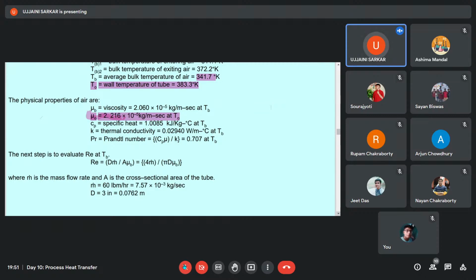Wall একটা solid material, সেখানে convection হবে না, but the fluid which is flowing is a convective medium, তার fluid property দিয়ে তুমি প্র্যান্ডল নাম্বার বার করবে। সো অ্যাভারেজ কত টেম্পারেচারে রয়েছে, ফ্লুইডের অ্যাভারেজ টেম্পারেচার ইজ 341.7 বাল্ক। সো সেই টেম্পারেচারে যা মিউ ভ্যালু, যা কে ভ্যালু, যে সিপি ভ্যালু, তাই দিয়ে প্র্যান্ডল নাম্বার বার করো। প্লিজ চেক কুইকলি 0.707 আসছে কিনা অ্যাট টিবি।